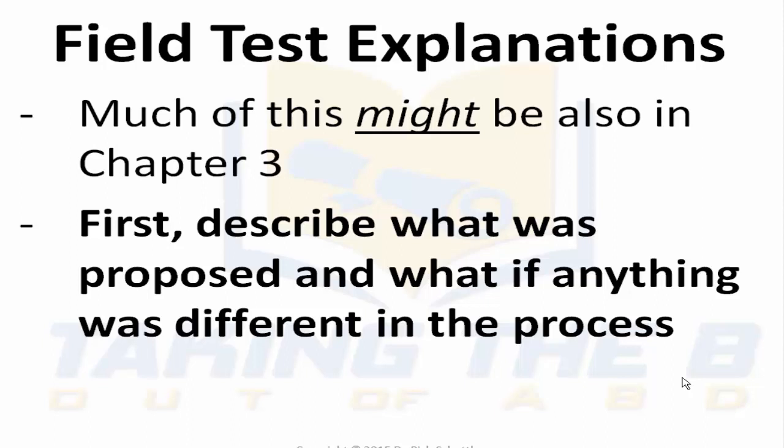Let's say, for example, you had 6 open-ended questions in your information that you provided for your field test. And at the conclusion of it, you found that it's best to only have 5 because you received comments from the research experts suggesting that you may have had some duplication in one of the questions. So therefore, there was a change. Now in Chapter 4, you just want to allude to that, what was proposed and what's available now, now being what you use to collect your data.